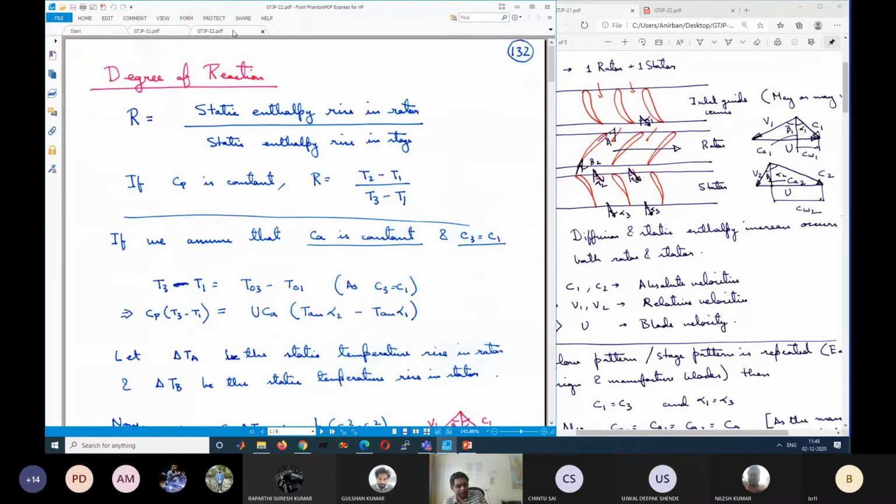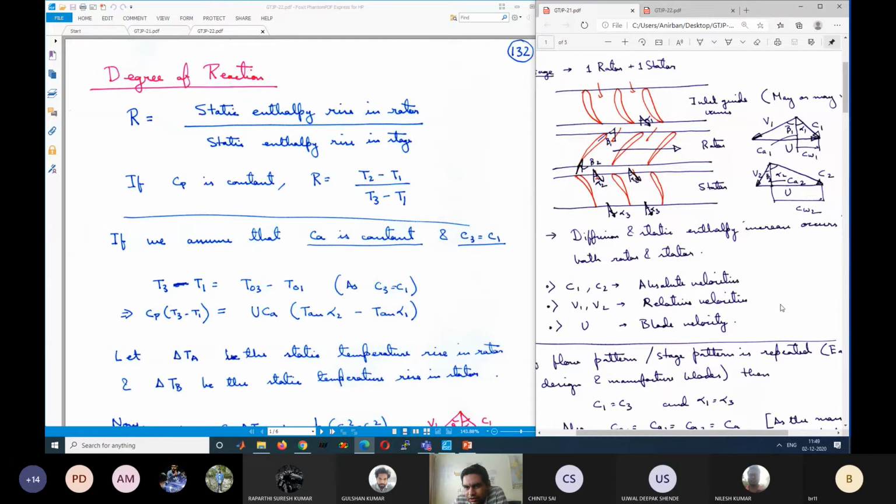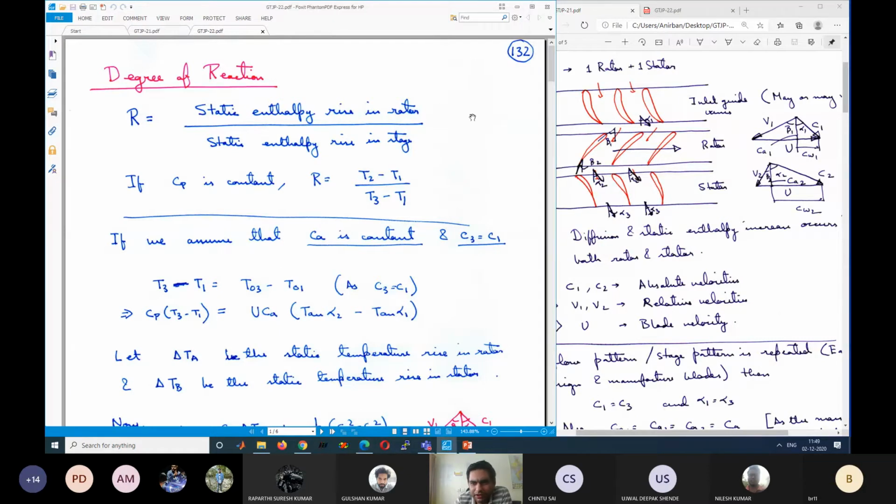To some other important parameters. Till now, we have found how to calculate the work input to a stage, how to calculate the pressure ratio and temperature rise, and then some parameters like work input factor, work done factor, and D'Haller's criteria. The final important parameter for designing axial compressors is known as degree of reaction. It's also a very important parameter.